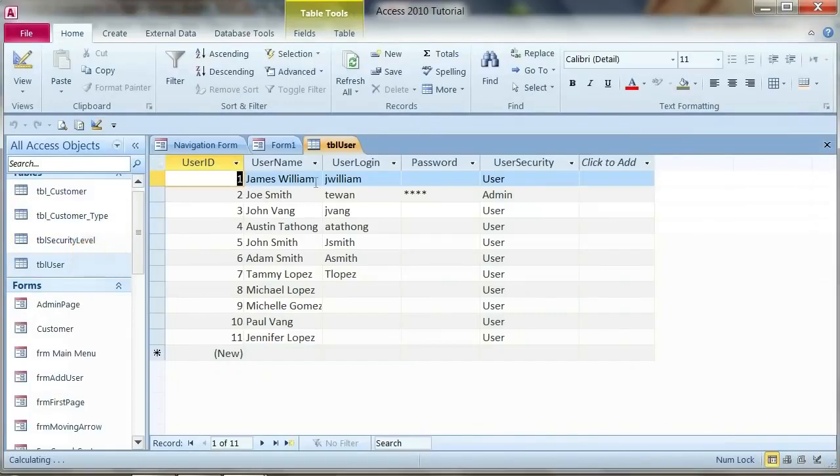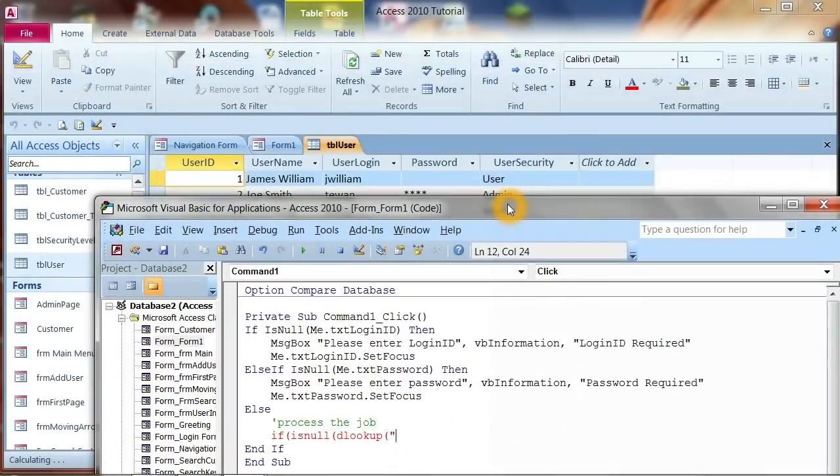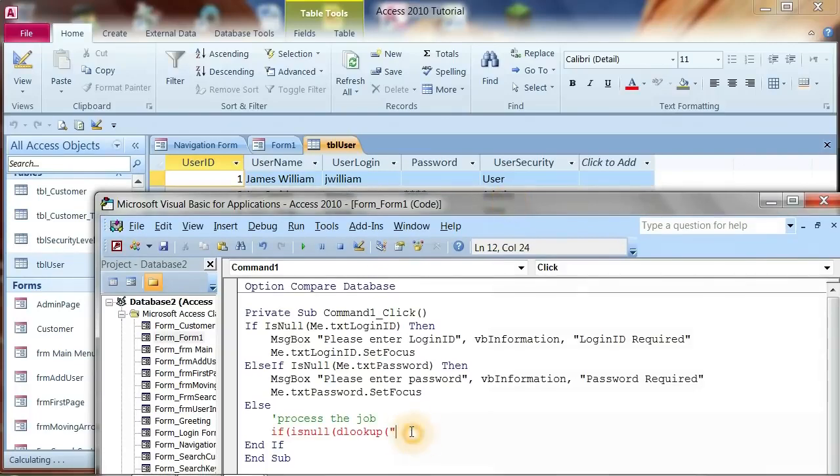We have user login and then password. Look up login from table tbl user, and we set the criteria: user login equal to